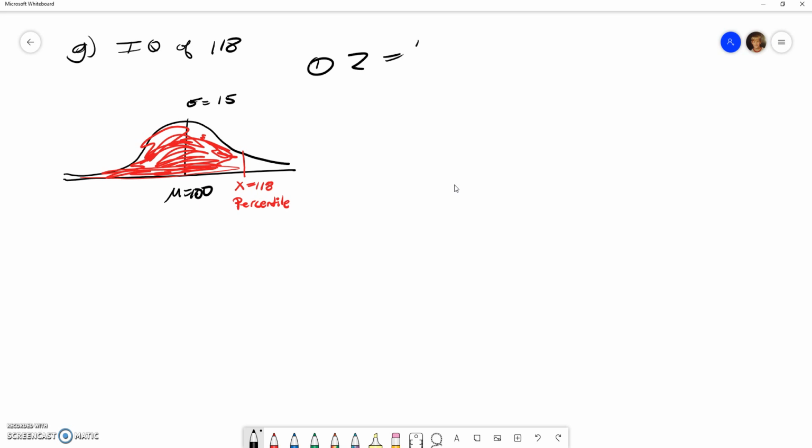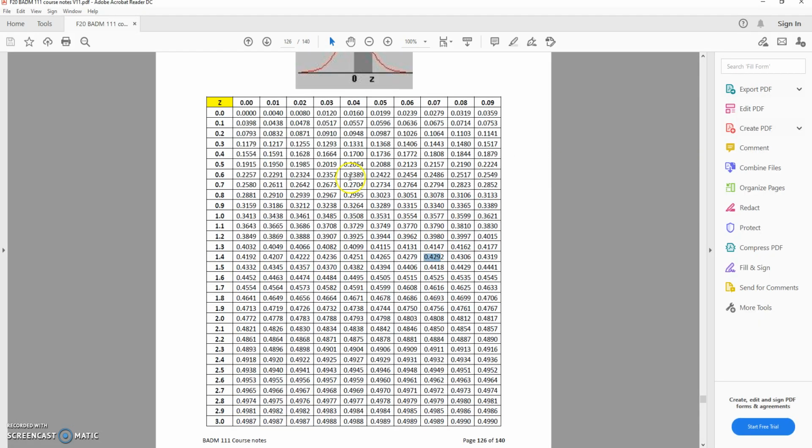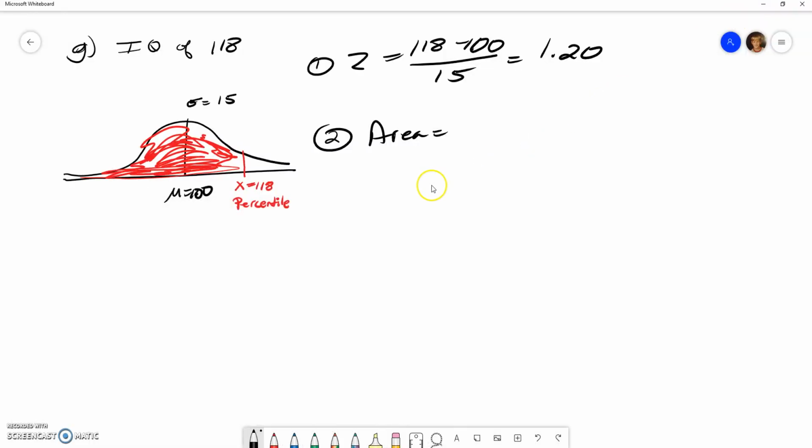Step one is calculating the Z value for that IQ of 118. This gives us a Z value of 1.20. Step two is to take that Z value and find an area. We look at the normal reference table. 1.2 is right there, 3849. So our area is 0.3849, and our answer,